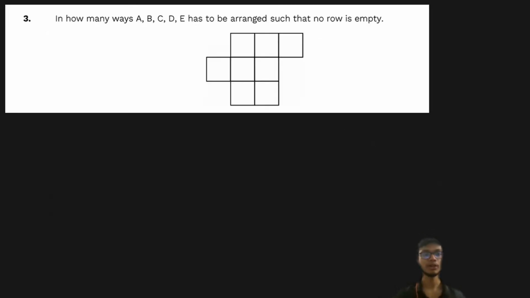The next problem is going to be this problem. Now this is a very interesting problem. Class 11 students can also watch this question, and if you have covered the chapter of permutation and combination, then this question is very interesting to understand, right? There are some given letters and you have to arrange these letters in the given grids. As you can see over here, there are some grid points mentioned, and we have to try to fit these letters in those grid points such that